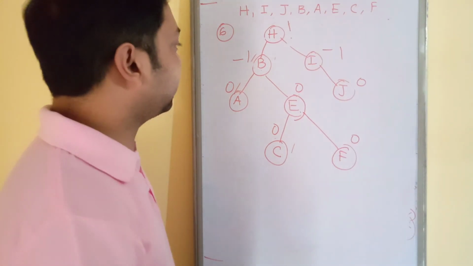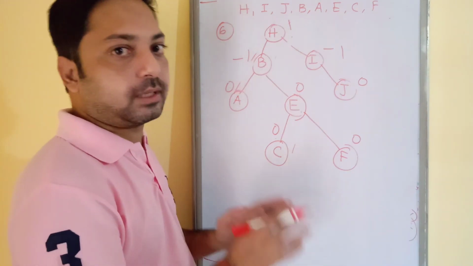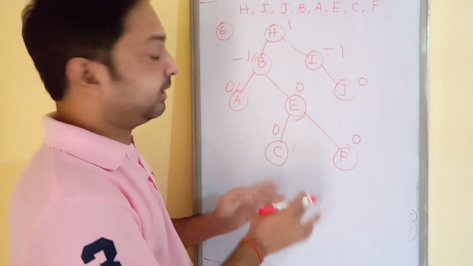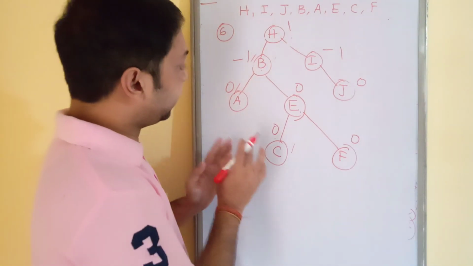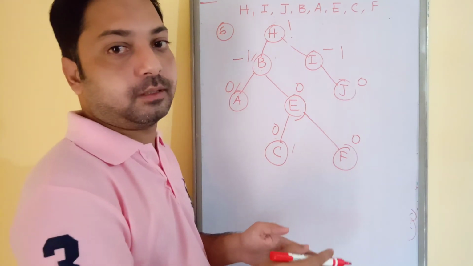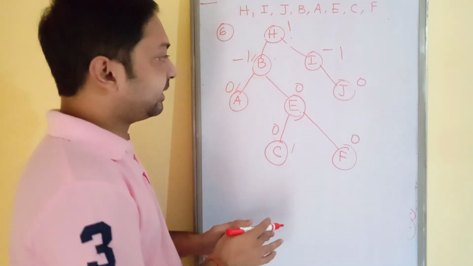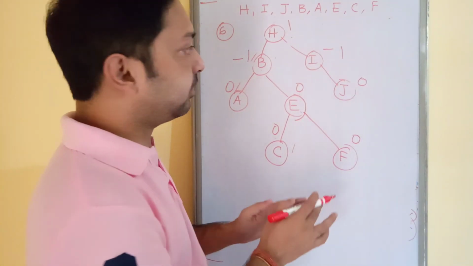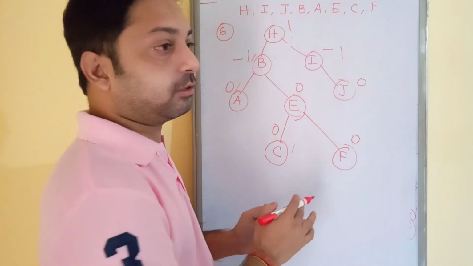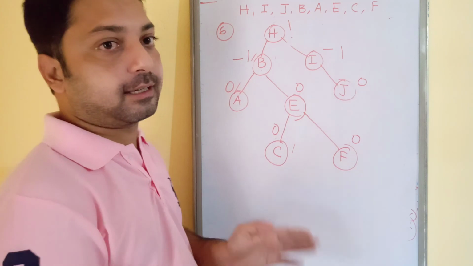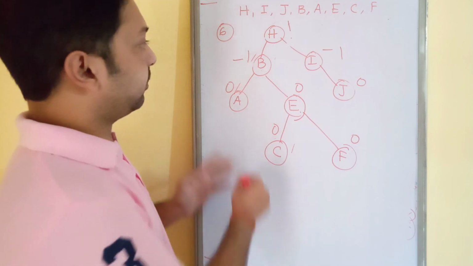So remember the thing is that first you need to find out the balance factor. And what is the balance factor? Balance factor must be minus 1, 0 or 1 for every node present in the tree. If one node is unbalanced, then the entire tree is unbalanced. And how to calculate the balance factor? The formula is height of the left subtree minus height of the right subtree. Then if you find any node in the tree is unbalanced, you need to apply a rotation and decide which rotation will be applied there, whether it is LL or RR or LR or RL rotation. So this is all about this one.